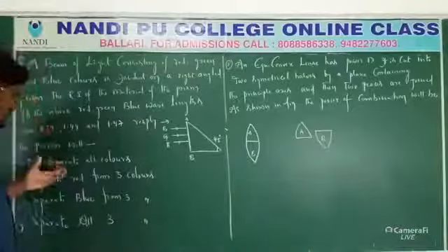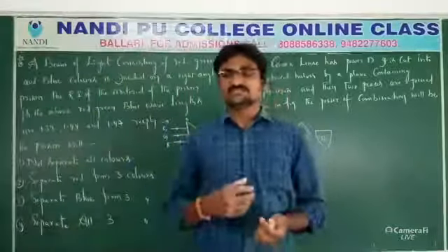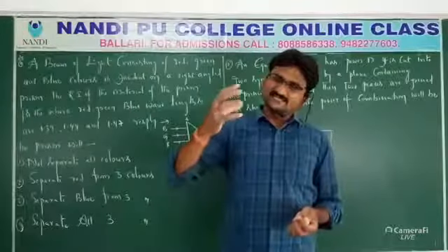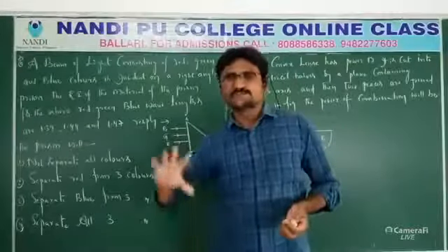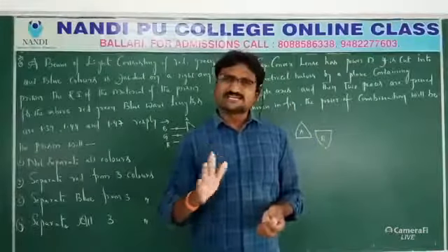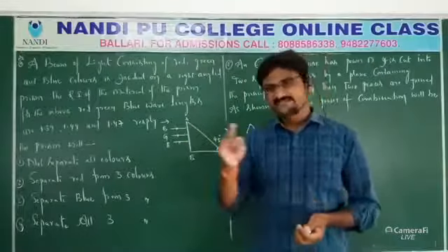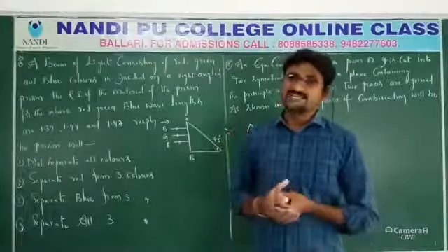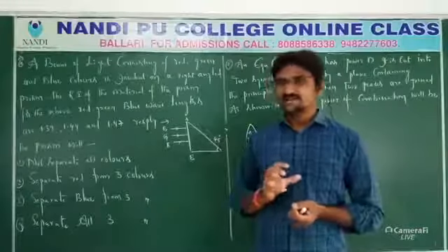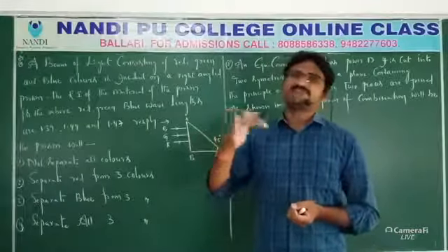Separation of colors means, the concept behind this question is, some colors are falling on a prism, then what colors remain back in the prism, and what colors go out of the prism. That means which colors are deviating through the prism and which colors are reflecting back. This is the idea. On which basis can we calculate this? What knowledge is required to separate the colors? As you know, deviation means emerging out, or reflection.